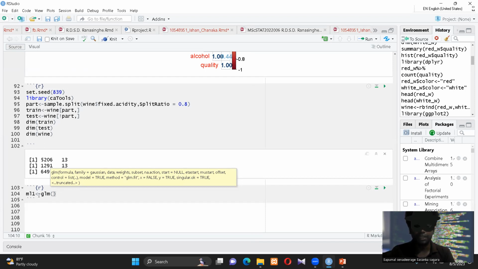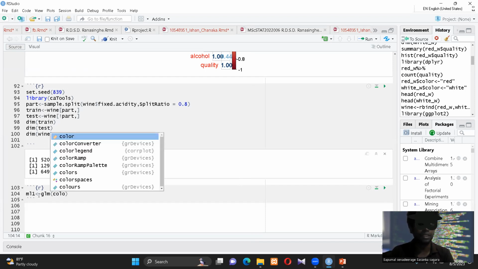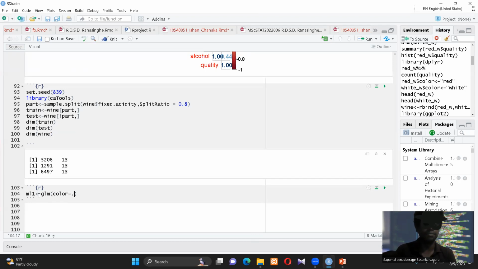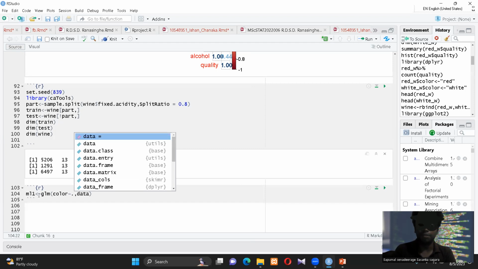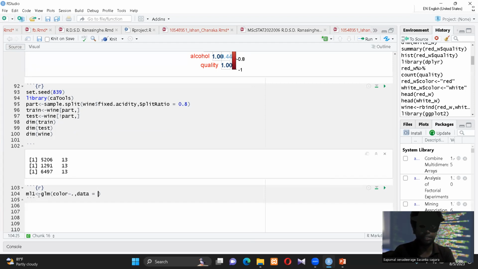Okay, my response is color with all the other variables, denoted with this dot. Don't forget to put this comma. Data. What about my data? Data equals